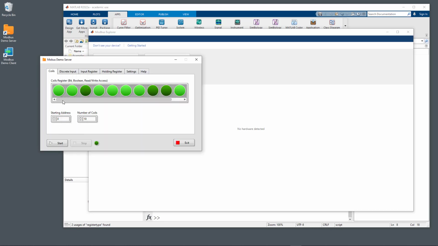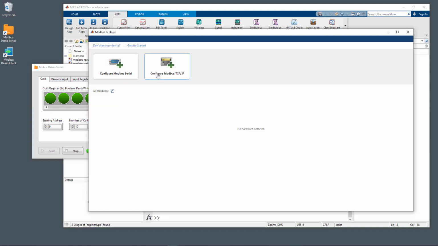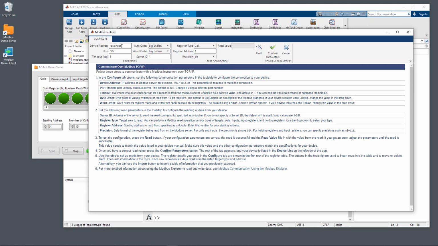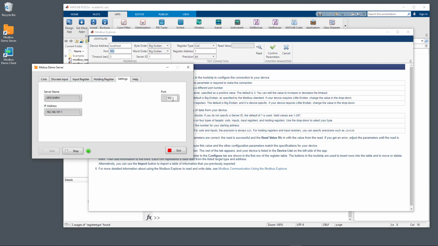And then I have my Modbus demo server here. I just make sure to start it. And then I click on configure Modbus TCP IP. Then I need to specify the server address. Since the server is on the same computer, I just specify localhost. The default port is 502. Here on the Modbus demo server I can select or change the port, but I just prefer to use